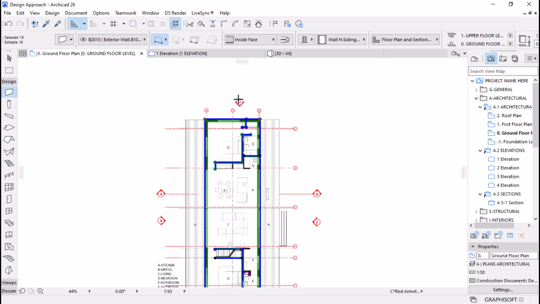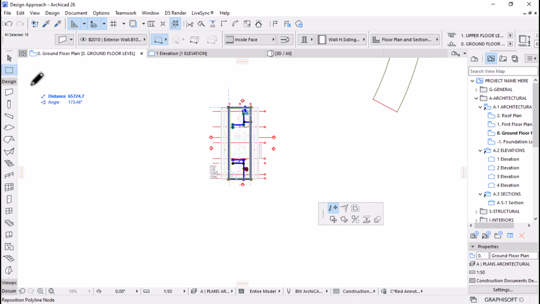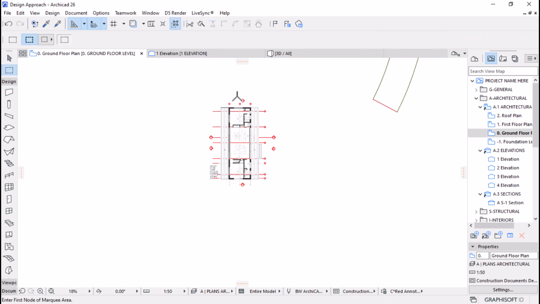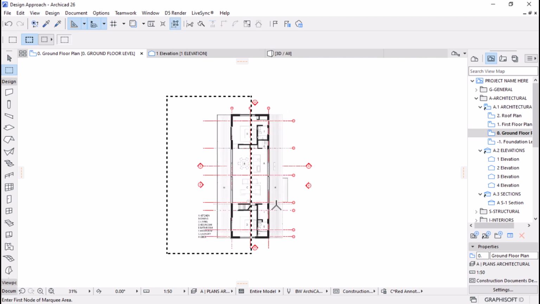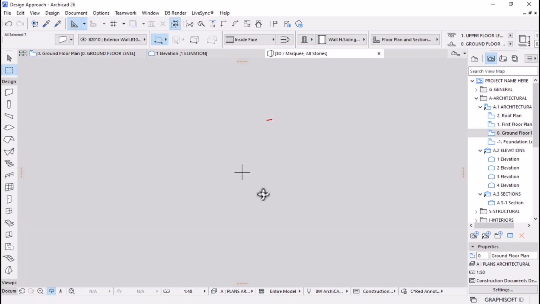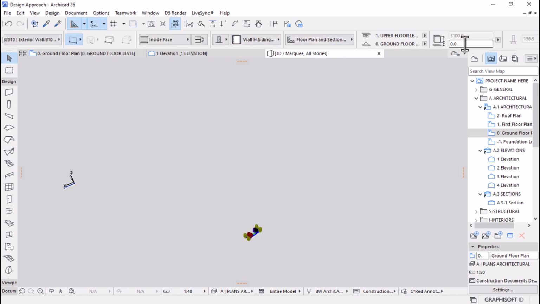Okay, so to rectify this issue, I'm going to pick the MyQ and MyQ only half, cutting across our project and hit F5. Okay, here it's our walls, they are on 0 if I'm not mistaken. So this is our structure, the walls are under. So we need to select these guys and paste